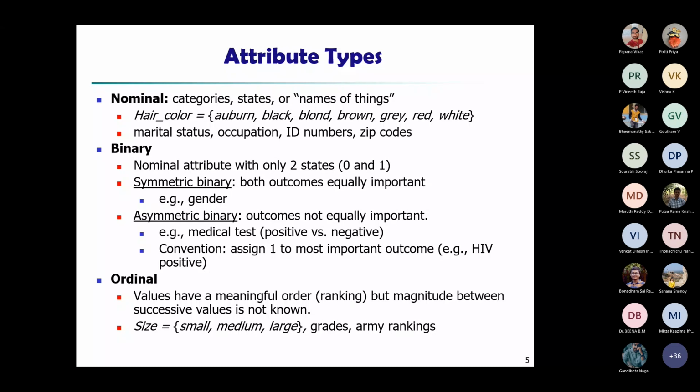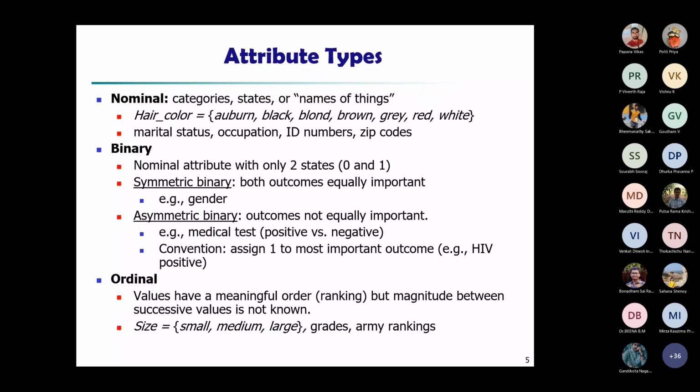When you talk about binary, it can have two values, so it's kind of nominal. I even mentioned that in nominal, instead of names, you can put numbers. I hope you would have done it in your lab exam or regular labs. You can number, but it doesn't make sense to subtract or do any mathematical operation. It is just a number, but still a category, not like a continuous attribute such as age.